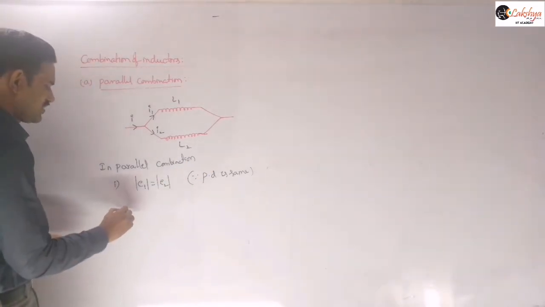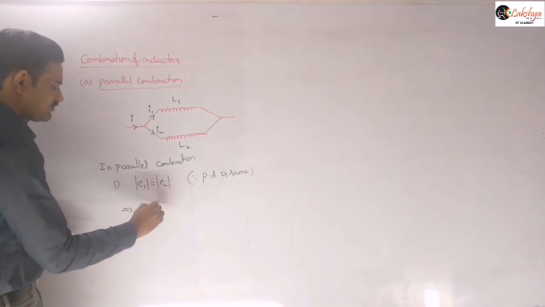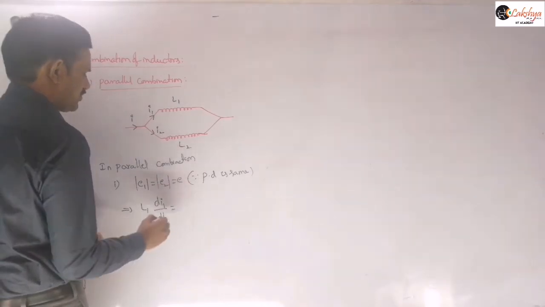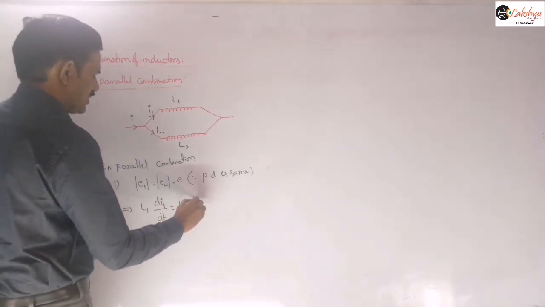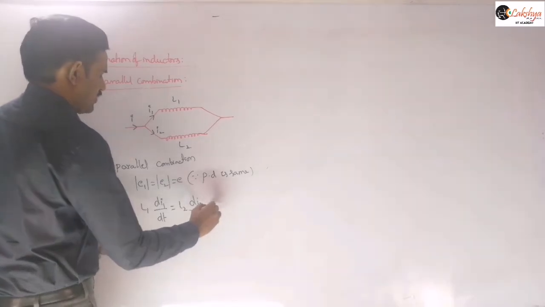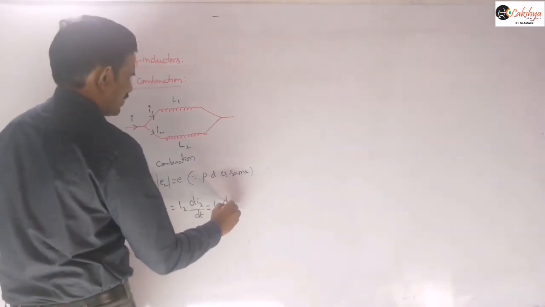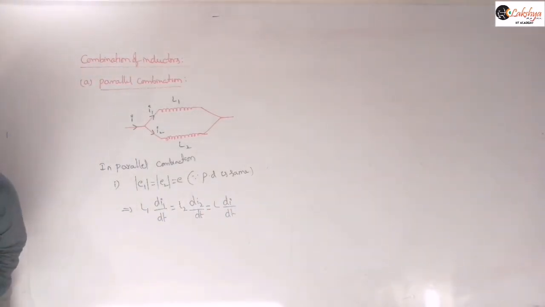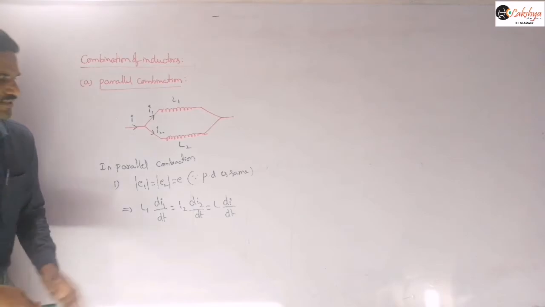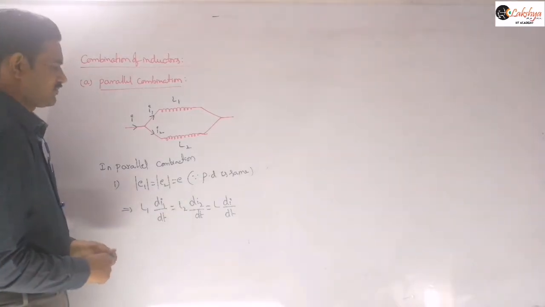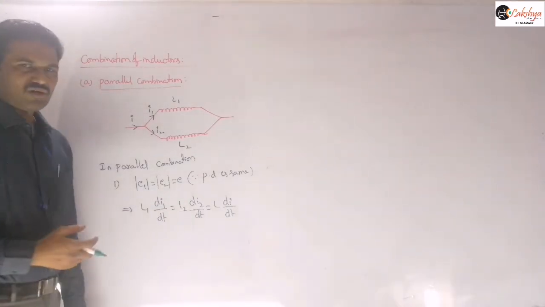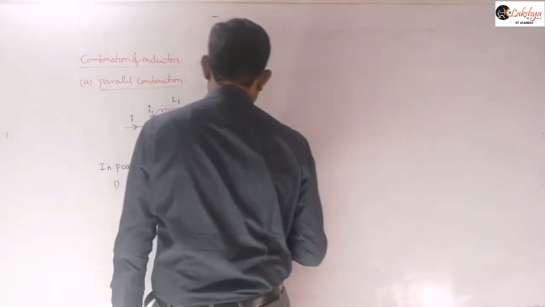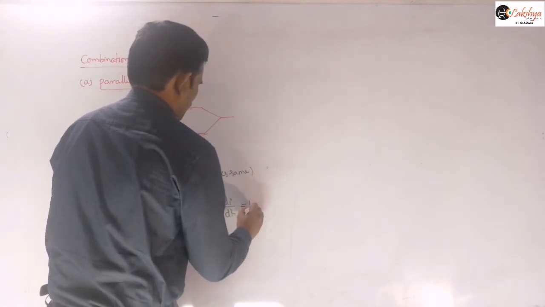And so now this expression what we can write there is L1 into di1 by dt is equal to, let it be E for example, and this is L2 into di2 by dt. So that is equal to some L into di by dt, where E is that equivalent induced EMF you may consider there. Is it clear? Equivalent induced EMF I am taking here. And so this is one relation now what we can mention there. And this value is some constant here.